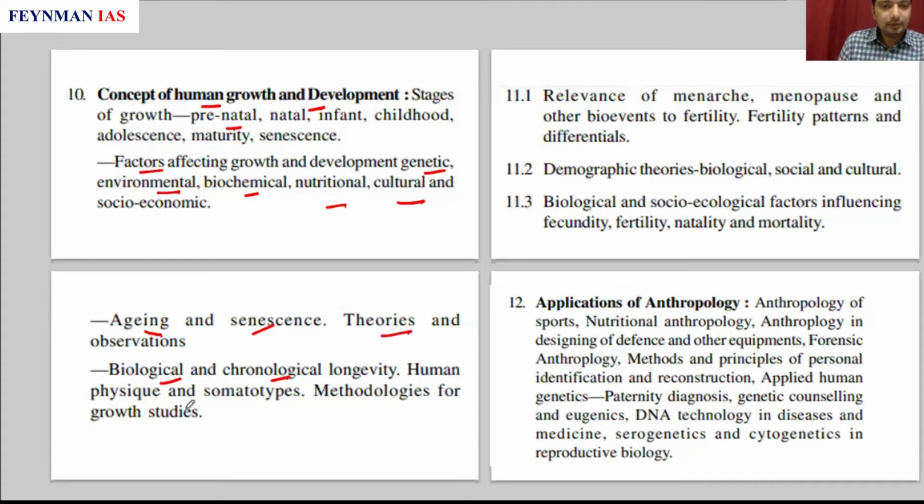And also we have a concept called somatotyping. Nothing but classifying, typing means classifying people based on their appearance. Okay, this is one concept that had been developed from the field of psychology and then even studied as part of anthropology. Okay, these questions are usually coming: aging, theories of aging, biological, chronological, longevity or age, somatotyping,